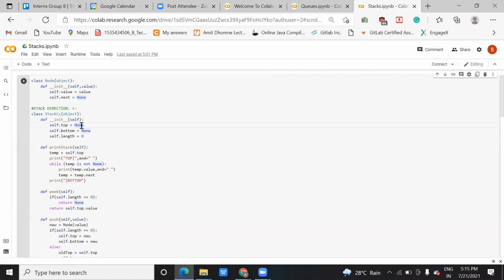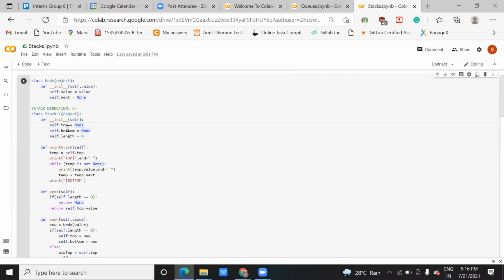No. Correct. If you take it from the bottom, suppose top is a pointer pointing to the top element and bottom is one variable pointing to the bottom element. If it is None, will it have any element? No, right? So it means that particular stack has length 0, right? For that reason this function is created, and it is just a deciding factor here.